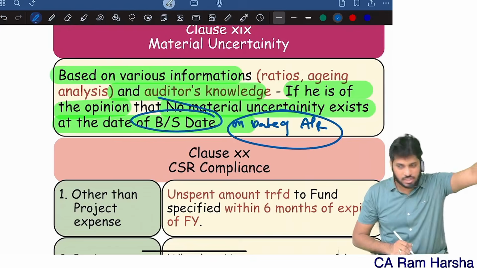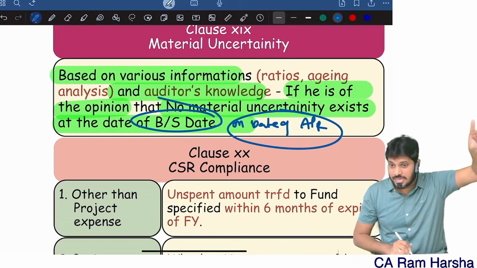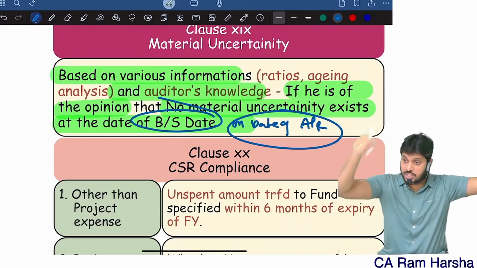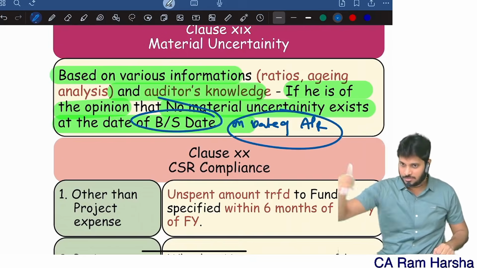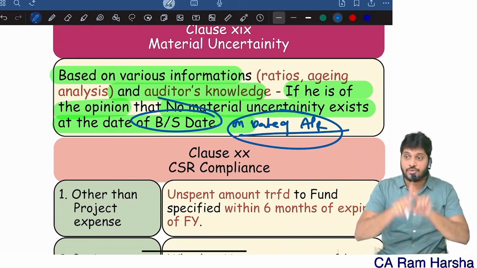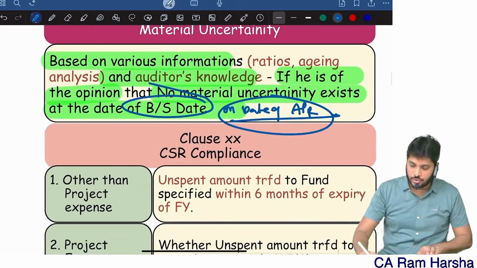The financial position of the company on balance sheet date: whatever assets and liabilities are there, whenever the company is liable to pay, can the company pay? Check that procedure, check that status on the date of audit report. I want the latest information. Yes or no? On the date of audit report, you need to check this. Clear? This you need to add, in the chart book, the printed book.